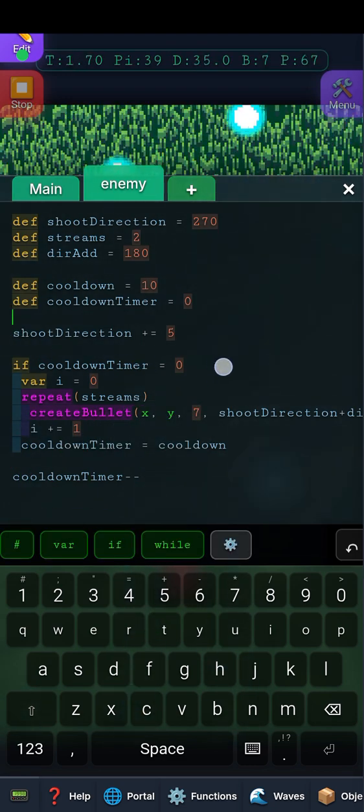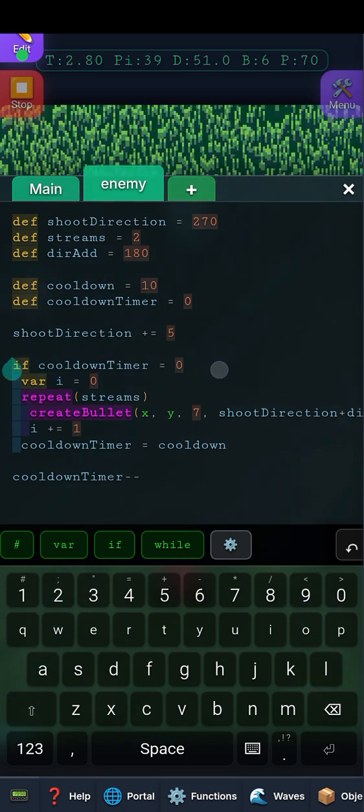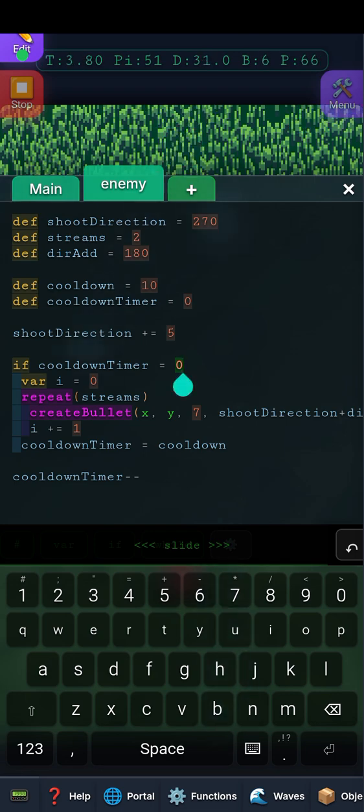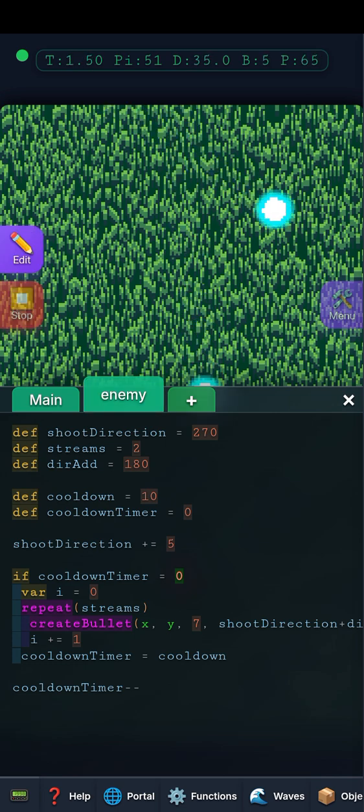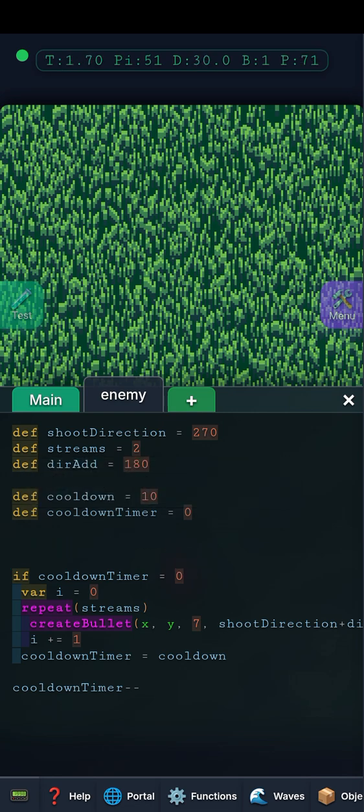Next frame it's 9, so the shooting code is not going to happen. We subtract one more, it's 8, it goes to the next frame, we check, it's 8, so it's not going to happen. So we're not going to shoot, we subtract one more, and it's going to be like this until the cooldown timer goes to 0. If it goes to 0, we set it again to the cooldown, and yeah, that's how it works. The only thing is we need to move this line from here